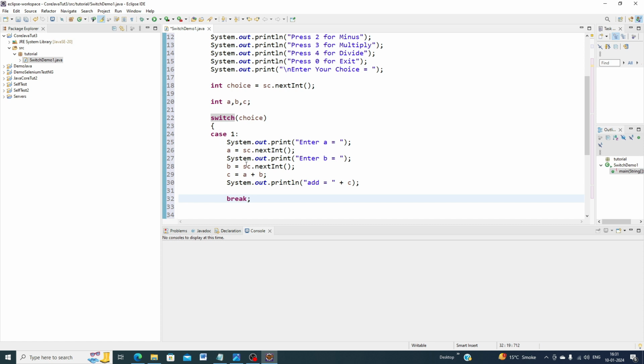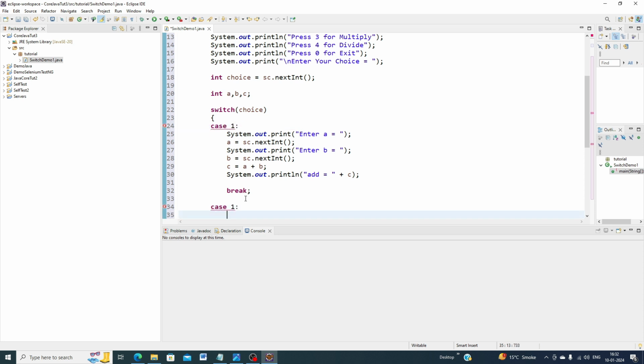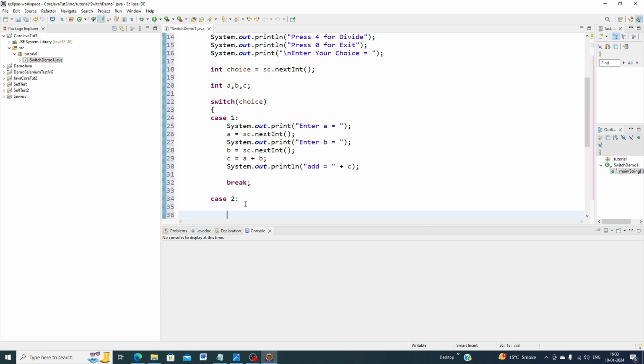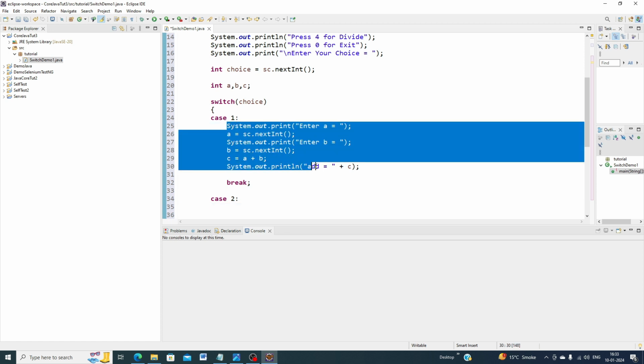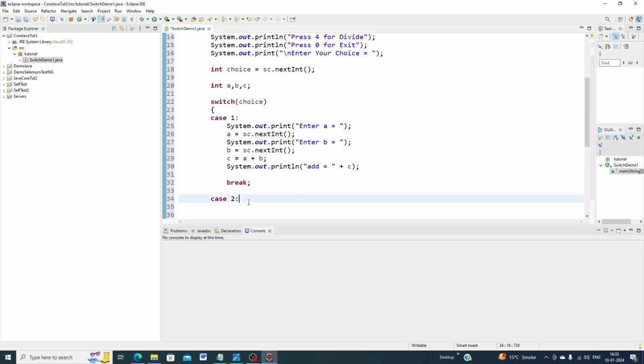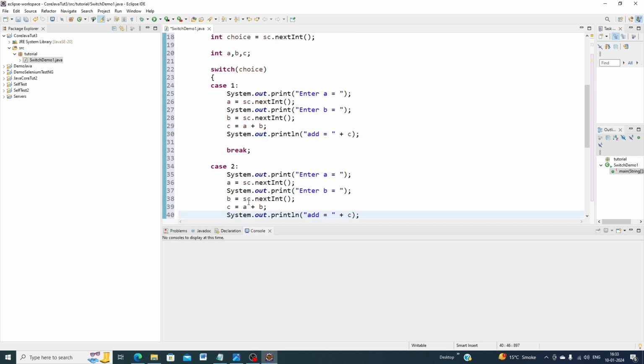So case 1 is over, and now you write a break. You write case 2. Now I am going to write the same thing here. I am just going to copy these three lines and paste them here. Now there is a, b. Here I have to write,